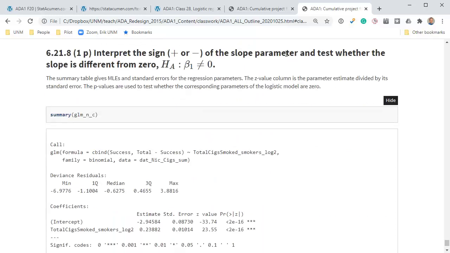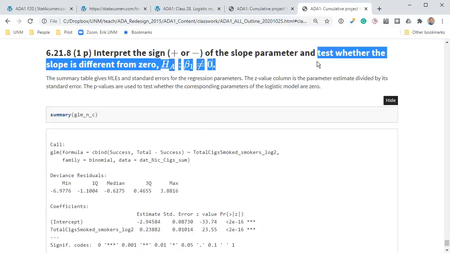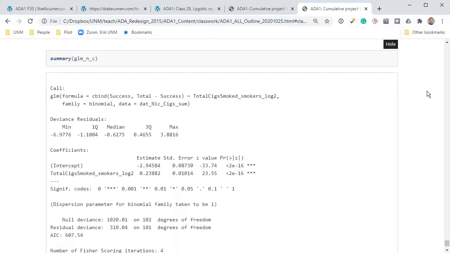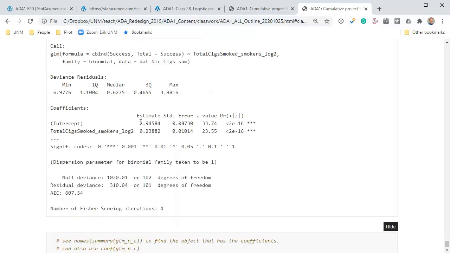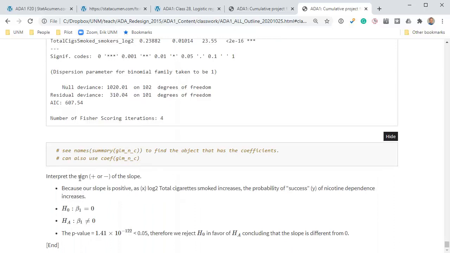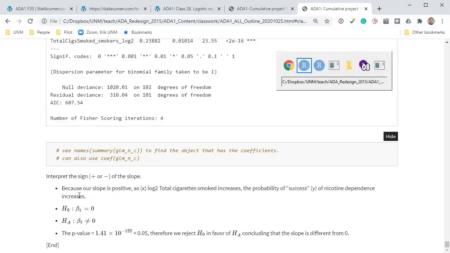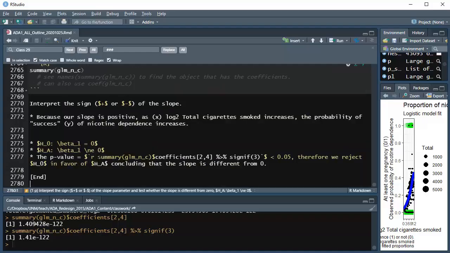Interpret the sign and test whether the slope is different from 0. So we print out the summary. We've got interpret the plus or minus sign. So because our slope is positive, as the x variable increases, the probability of success also increases. And then the hypothesis test, I'll put one piece of text in here. If I go to the very bottom,